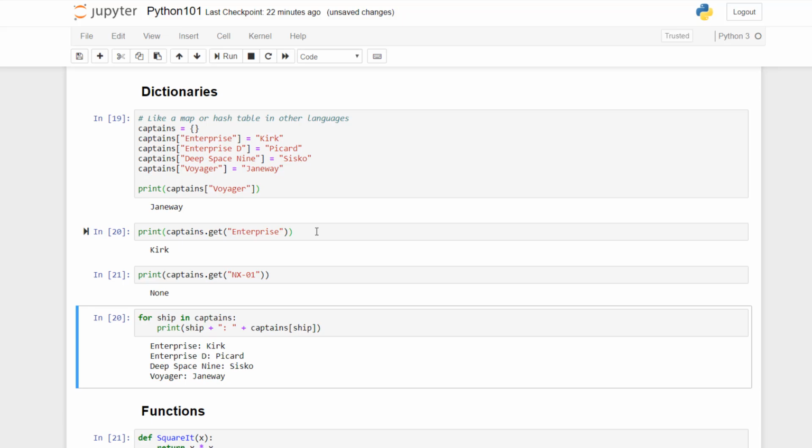You can also iterate through all the keys in a dictionary by using this syntax here. You can say for ship in captains, and that will go through every single entry in the dictionary and print out the key and assign that key to the value ship. So for ship in captains, we'll iterate through every key in the captains dictionary and assign that to the variable